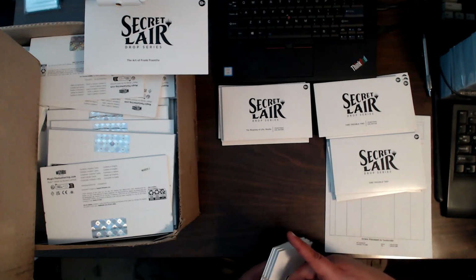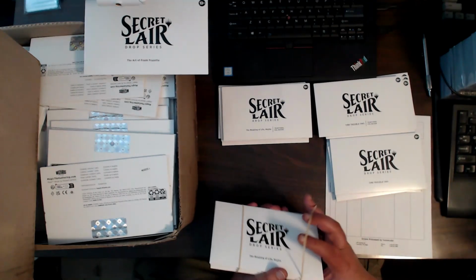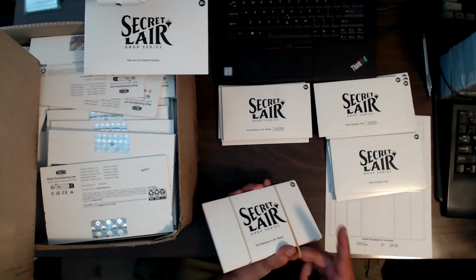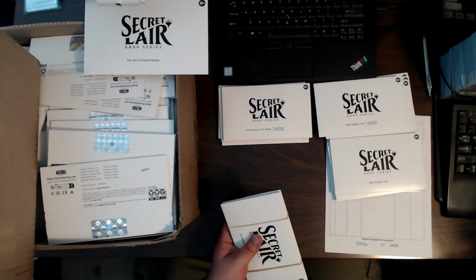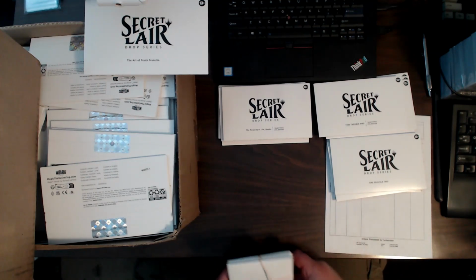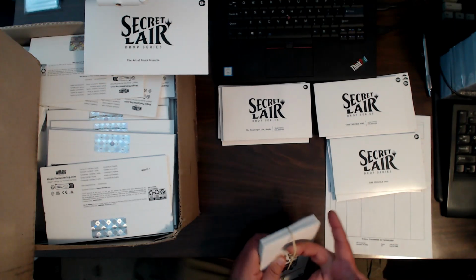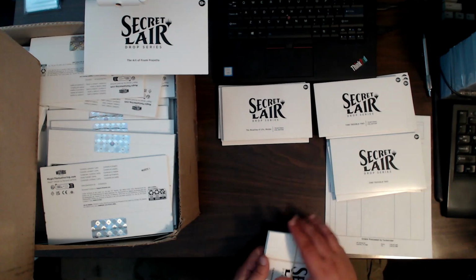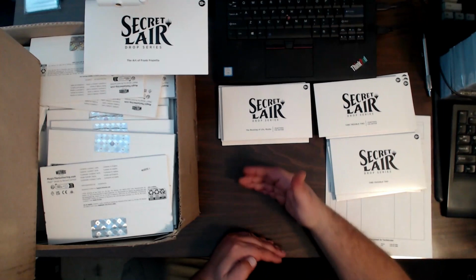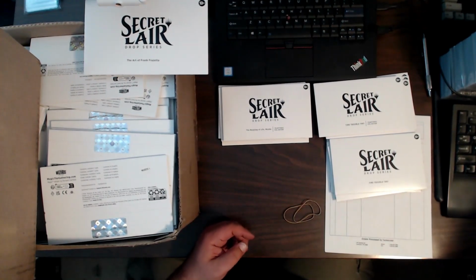Now we have Meaning of Life non-foil. Meaning of Life non-foil. With the rubber bands. Okay. I like to try and keep the non-foils and the foils adjacent to one another in the box, because it makes